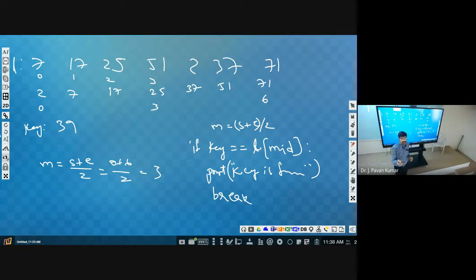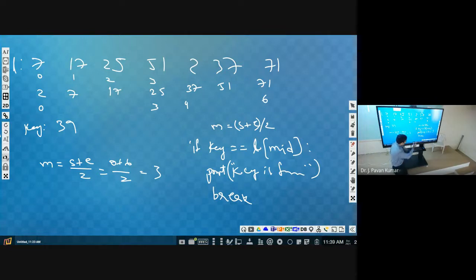Otherwise, the key is 39, right? Is there any possibility that 39 is present here? No, it will be present after 25 only, that we know. So instead of starting from 0, we can start from here. The entire list we have to consider, so end will remain here only. Initially start is 0, and end is n minus 1 if you have n elements. 7 elements, 7 minus 1, that is 6. So we will calculate the mid value, we will compare, and accordingly we will go.